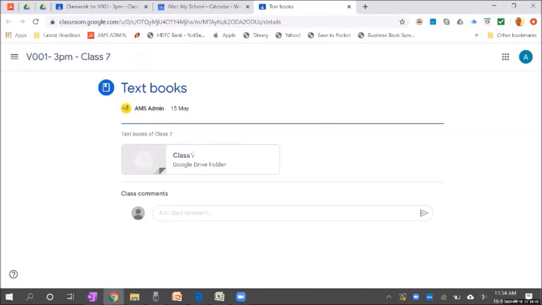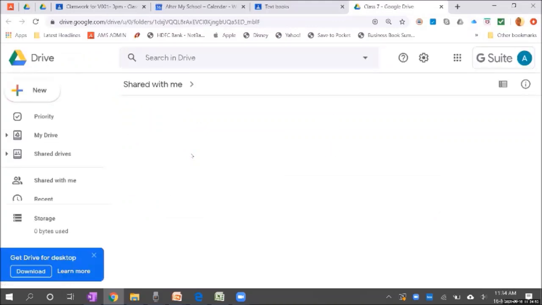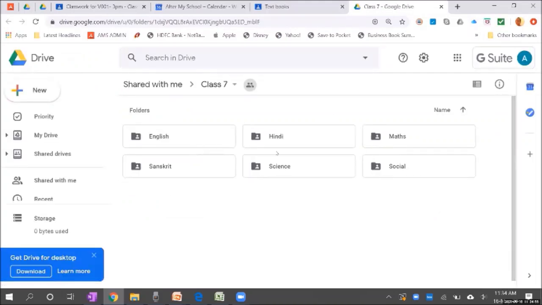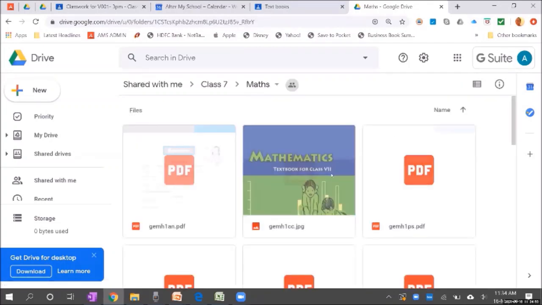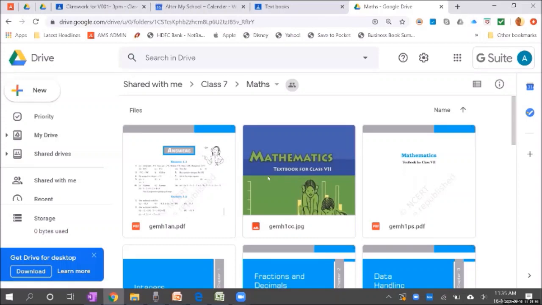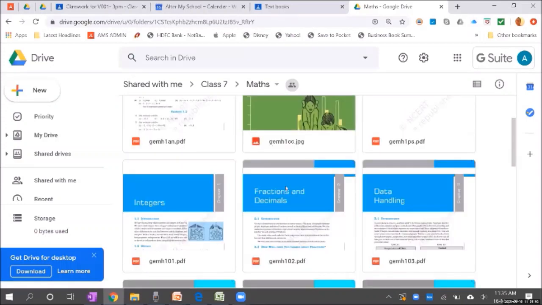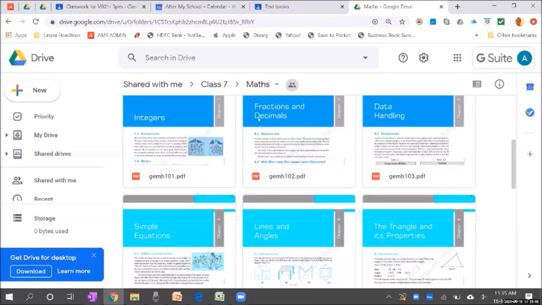So all the textbooks of class 7 are available here, subject wise. Let's say the child has to refer to the textbook for doing some study, the tutor has to explain. Even if the physical textbook is not available with the child, the textbook can be accessed from the library of the Google Classroom.